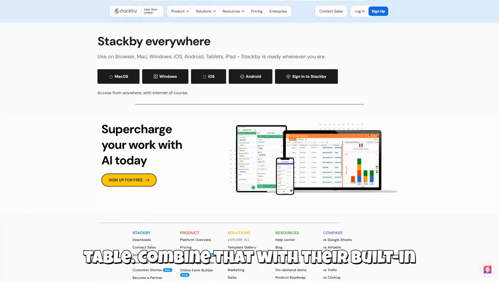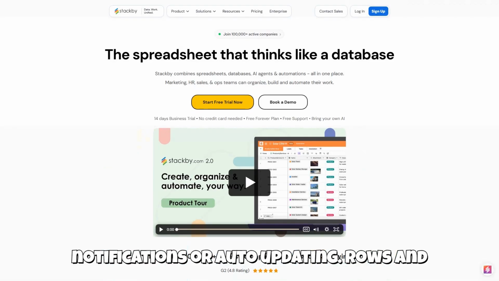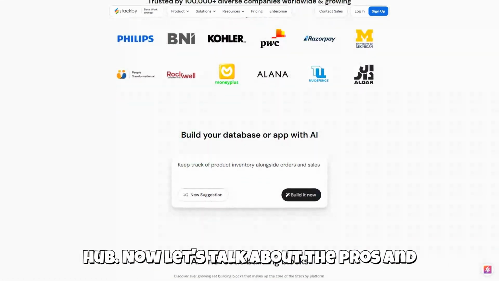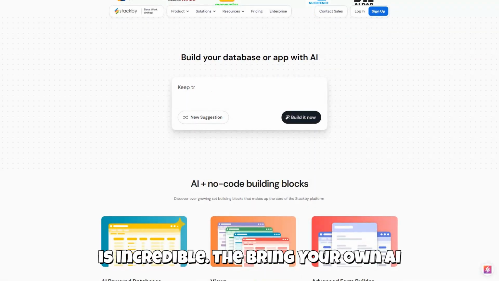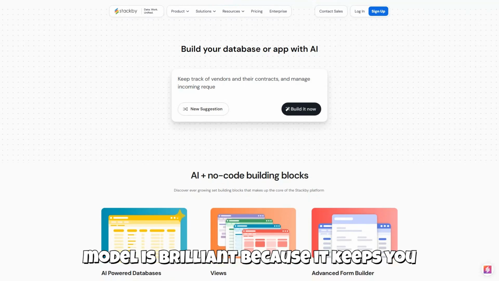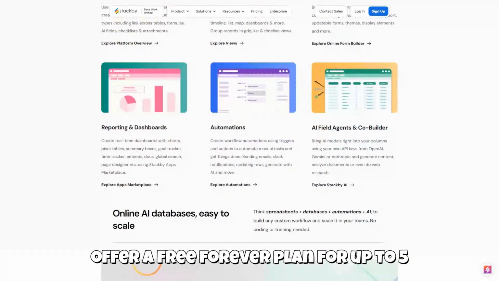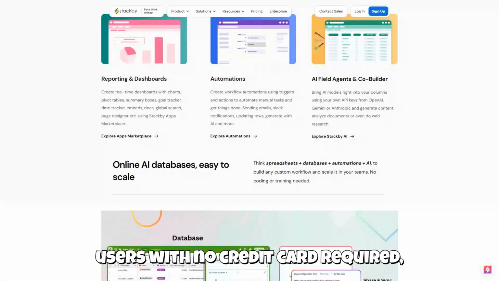Combine that with their built-in workflow automations, like sending Slack notifications or auto-updating rows, and you have a fully automated operations hub. Now, let's talk about the pros and cons. On the plus side, the flexibility is incredible. The bring your own AI model is brilliant because it keeps you in control of your AI costs. Plus, they offer a free forever plan for up to 5 users with no credit card required, making it incredibly